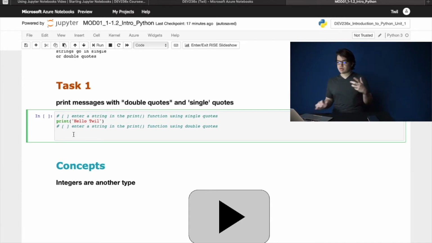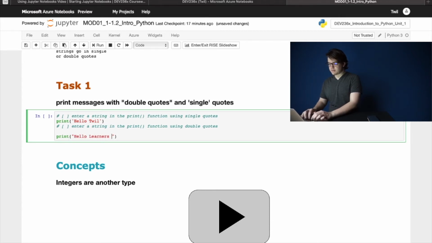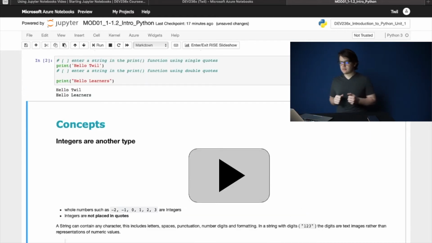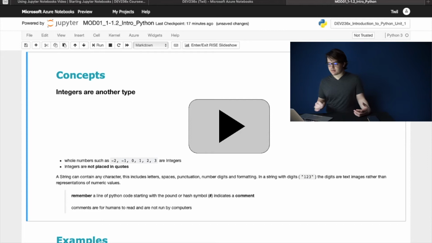And enter a string in the print function using double quotes. And I will switch that to hello learners. And yes, it works.